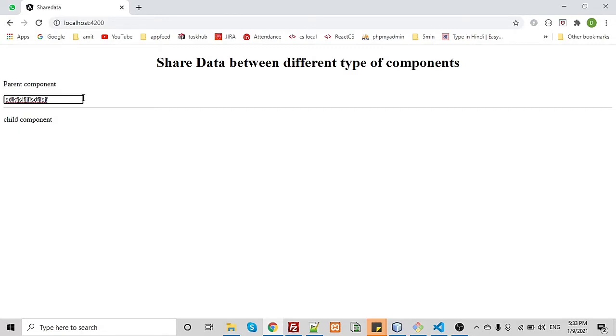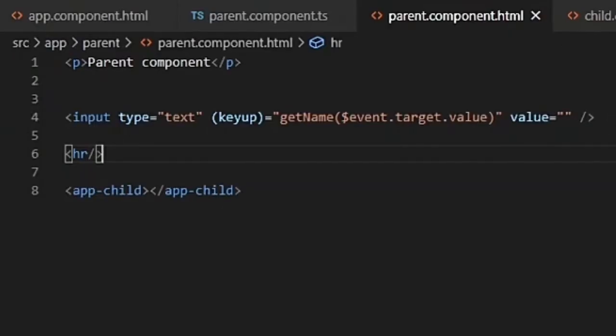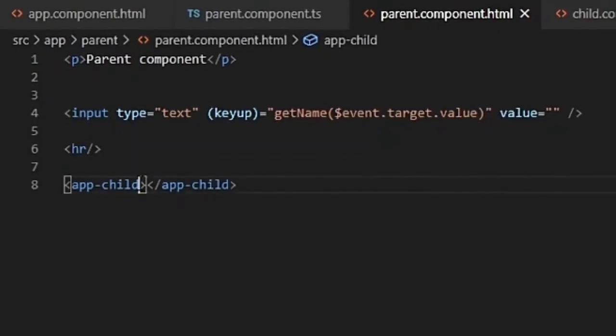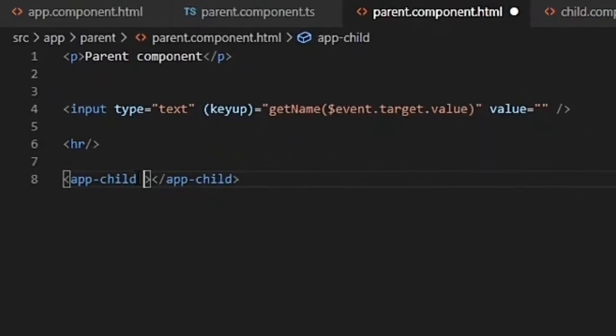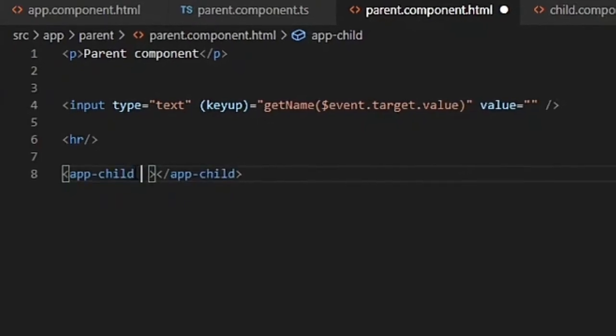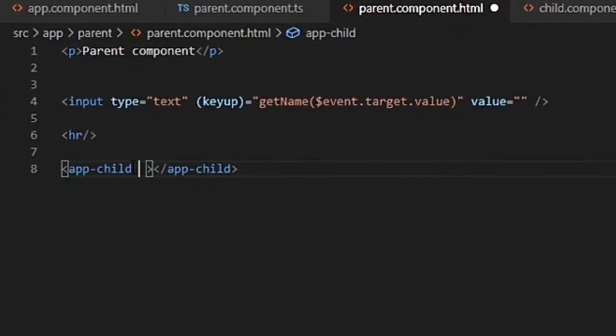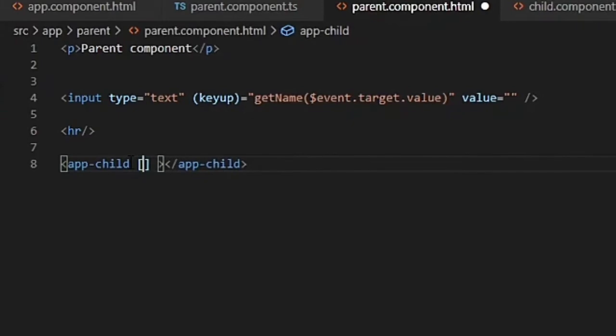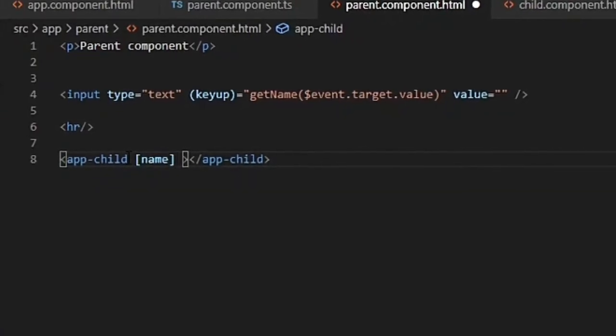So to pass the name to the child component, we have to do a property binding in the child component, like name.